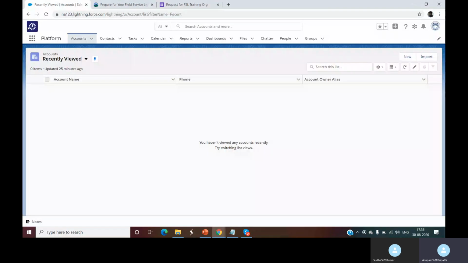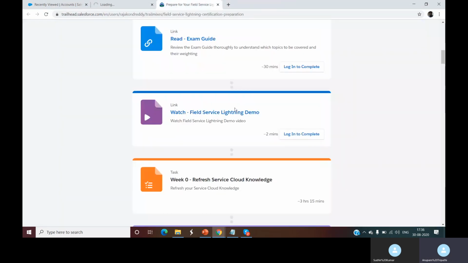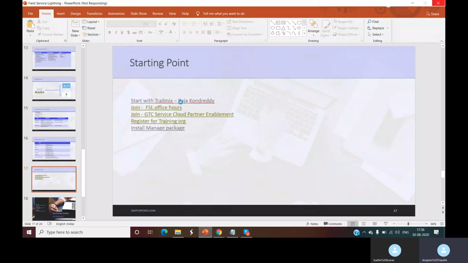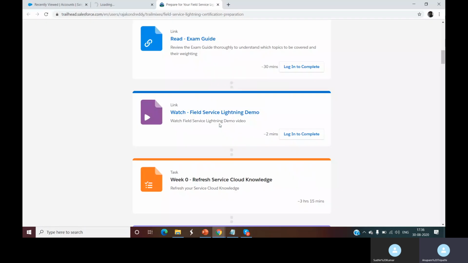I've already registered and created a training org for my Field Service Lightning. One second, let me see why it's not opening. Oh, it's not responding. Till the time it's not responding, we'll see the other things.